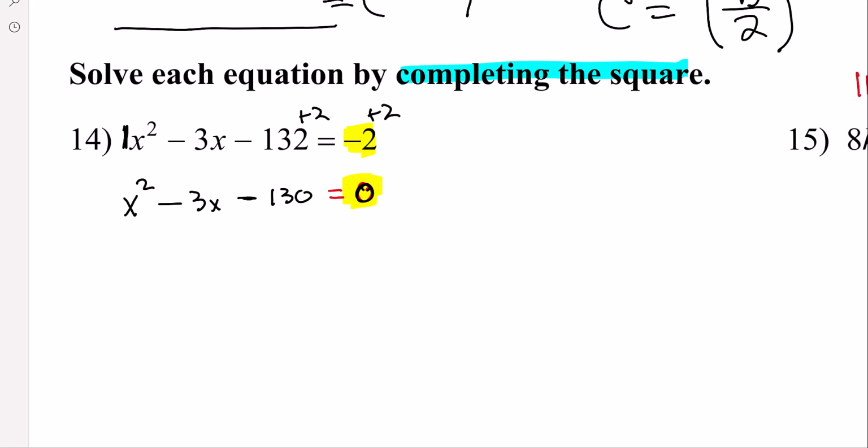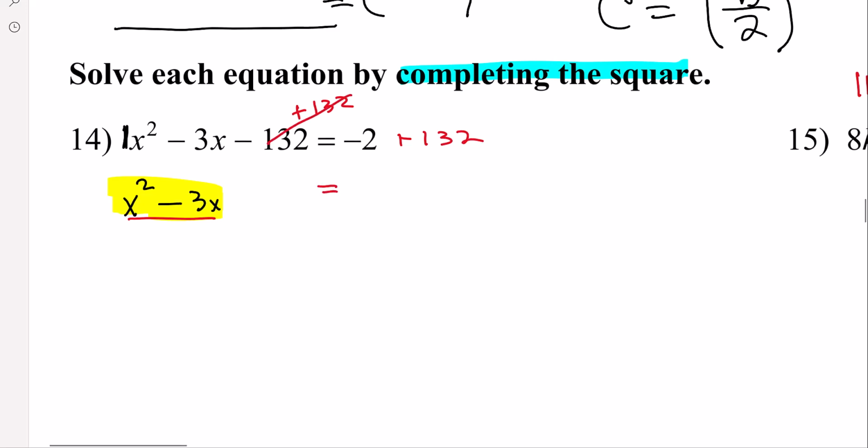And actually, I kind of gave you something false. That was kind of silly. On this one, what we actually want is the first two terms by themselves. So we did not have to start with the subtract 2. What we could have done instead, and should have done, is want only the first two terms. So instead of subtract 132, we're going to add 132 to both sides. And negative 2 plus 132 is positive 130. Okay, now you have it